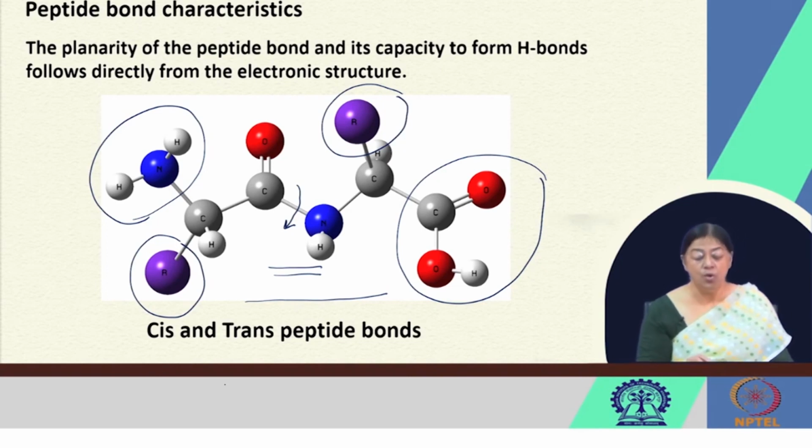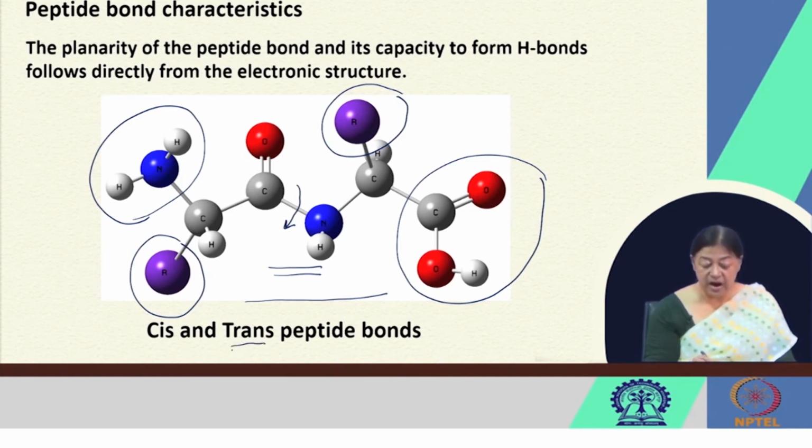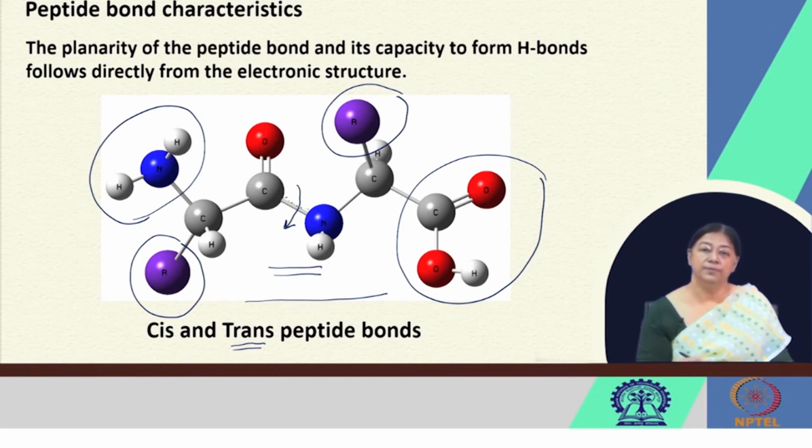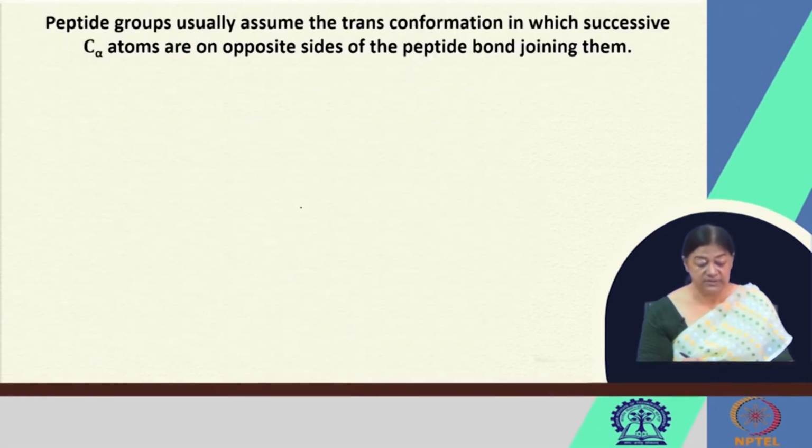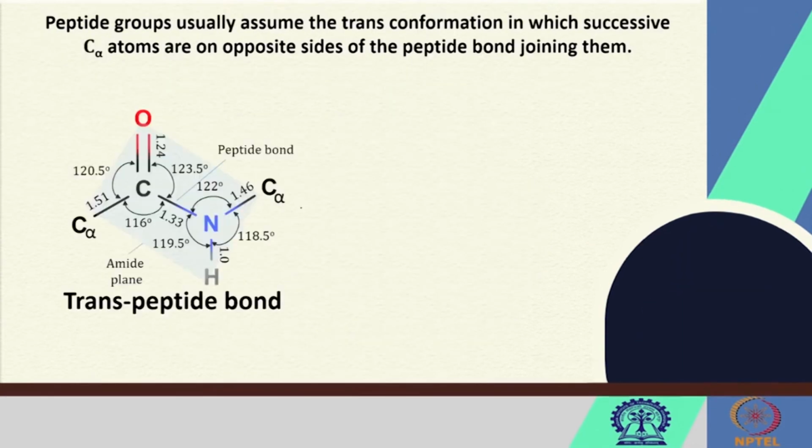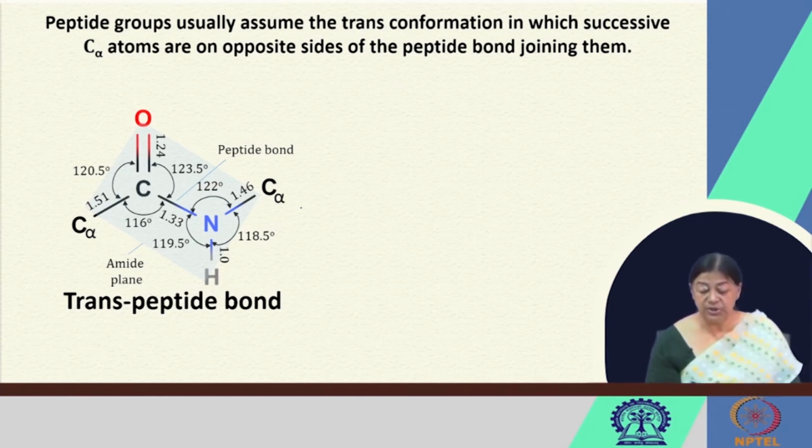Now, if we look at the orientation with respect to the peptide bond, we see that they are trans to each other, meaning they are on opposite sides of this partially double bonded peptide bond. Now, how does that help us, or what more can we understand from this? So, when we have a trans peptide bond, we usually see that peptide bonds assume this trans conformation in which